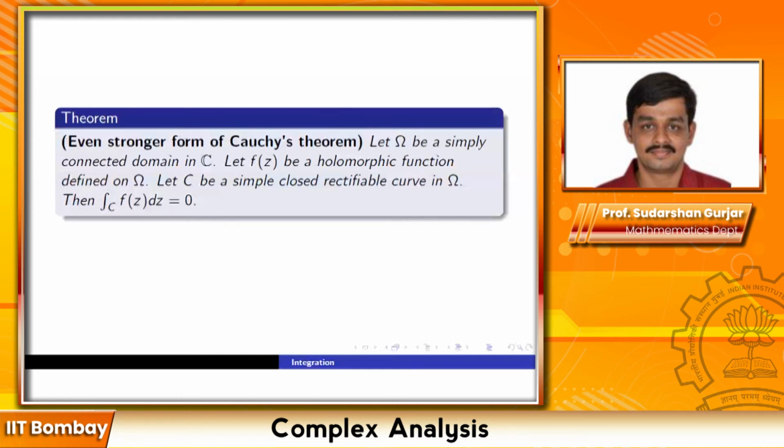Is it possible to have a closed curve which is not rectifiable? Oh, sure. First of all, you need to construct one example of a non-rectifiable curve, and then using that, you can always make it closed. Look at a curve like x squared sine 1 by x. Look at the graph of that function. It oscillates infinitely, so you can construct a curve which oscillates.